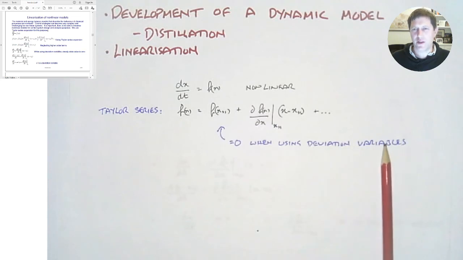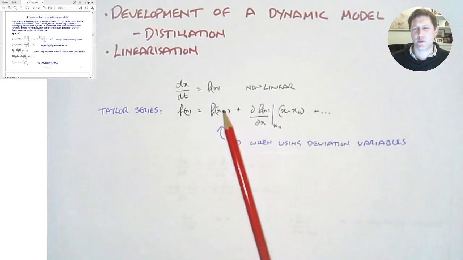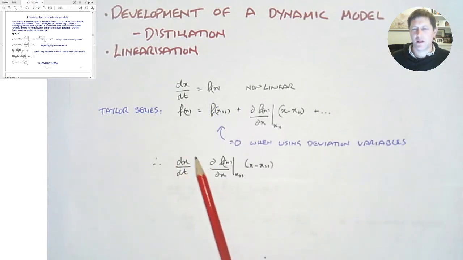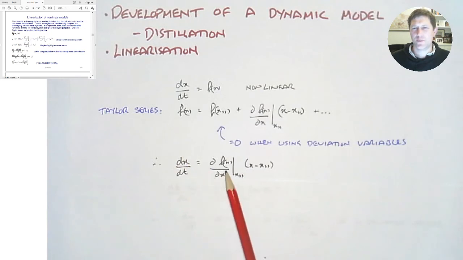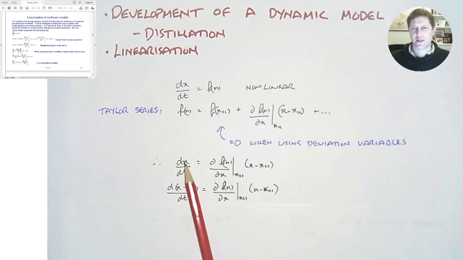And when we use deviation variables, of course our function at xss will be equal to 0. So that term disappears as well. So we rewrite that. Our equation can now be expressed as dx/dt equal to the partial derivative of f at xss multiplied by x minus xss. Substitute in for x in terms of the deviation variable,